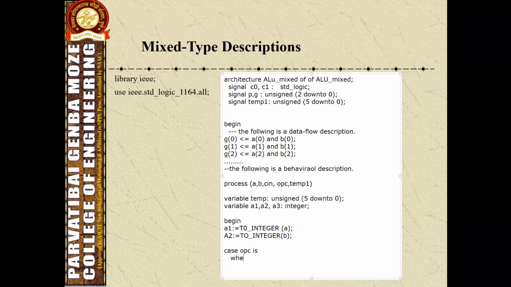What will happen when I assign? This is the end of ALU mixed. This is one of the simple examples which will have